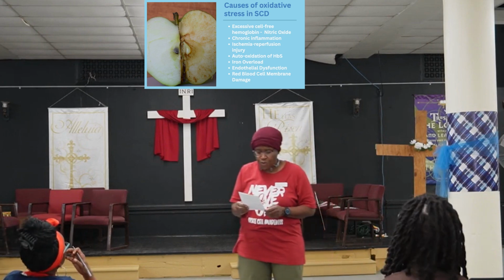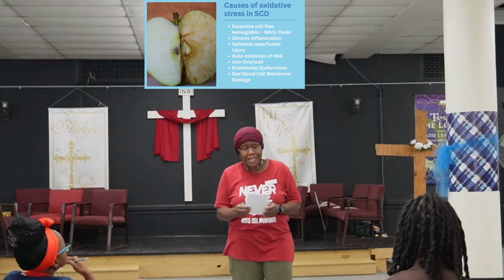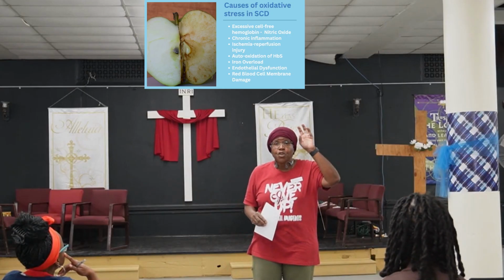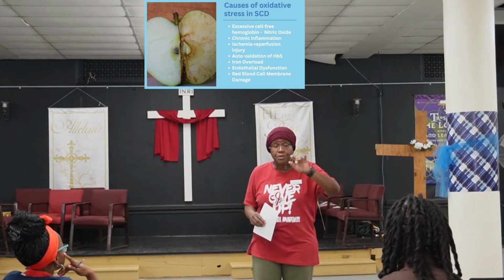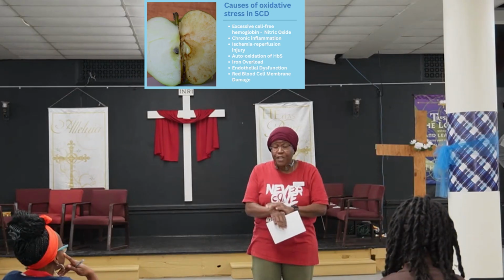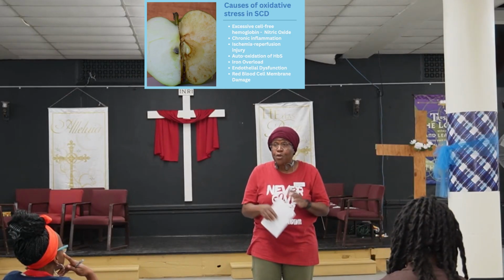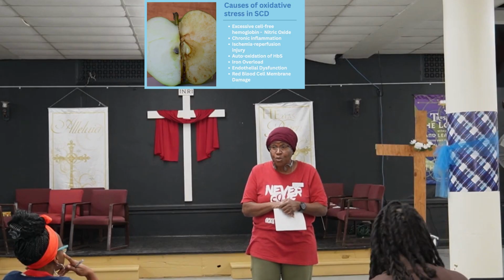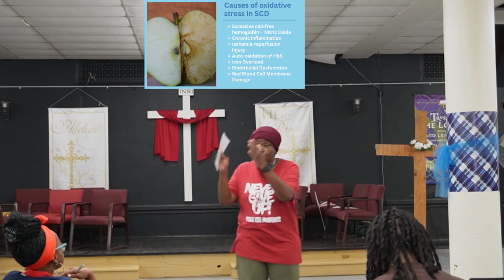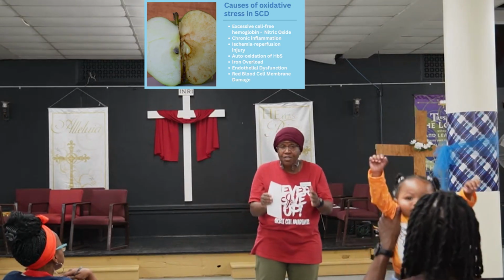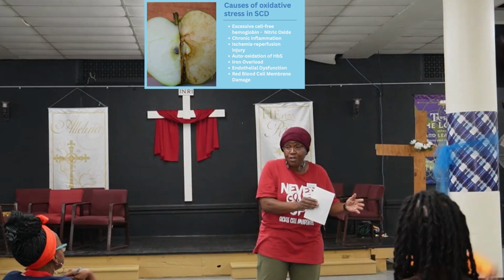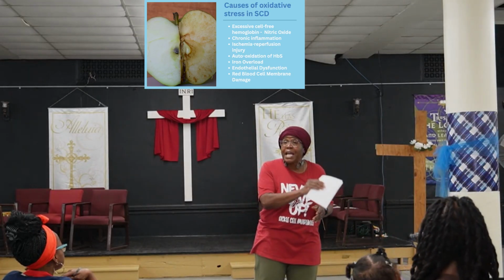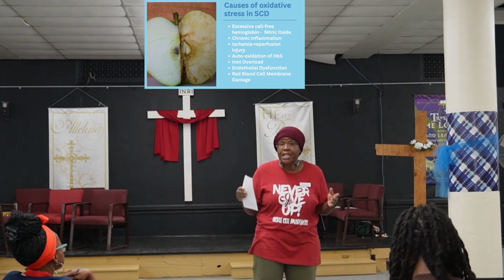Ischemia, perfusion, reperfusion. Sounds like a lot. All it means is this. When your cells sickle, they cause vaso-occlusion, right? We know that. That's how it cuts off the oxygen supply to those tissues. So vaso-occlusion cuts off the oxygen supply to the different areas of your body. When that happens, there's some damage to those cells because they're not getting oxygen.